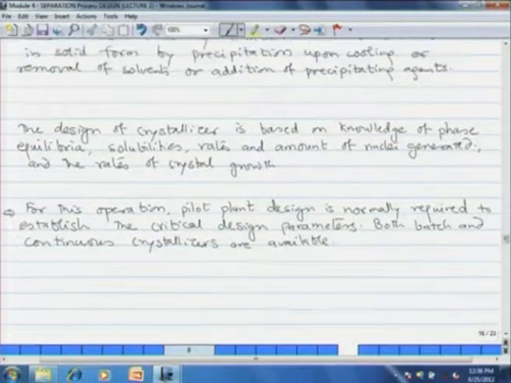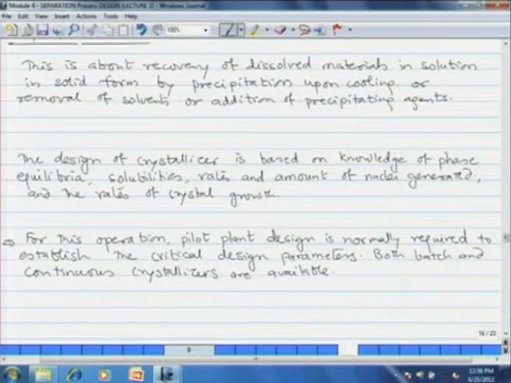Earlier, before the development of the adsorption process for separation of xylenes, crystallization was a major operation for separation of xylenes. Ortho, meta and para xylene have very close boiling points. Therefore, separation of these xylenes through distillation is highly energy intensive and cost intensive. However, if you see the solidification temperatures, these were quite different, and therefore the xylenes were separated by crystallization and not by boiling.